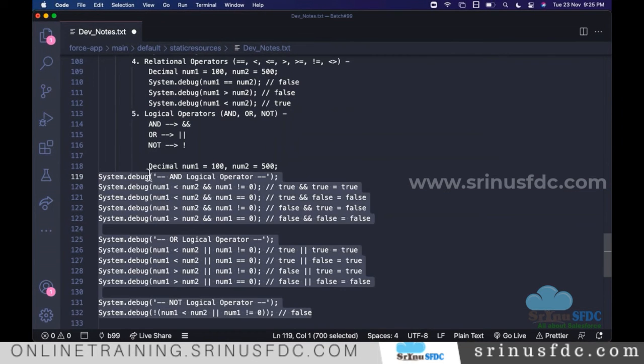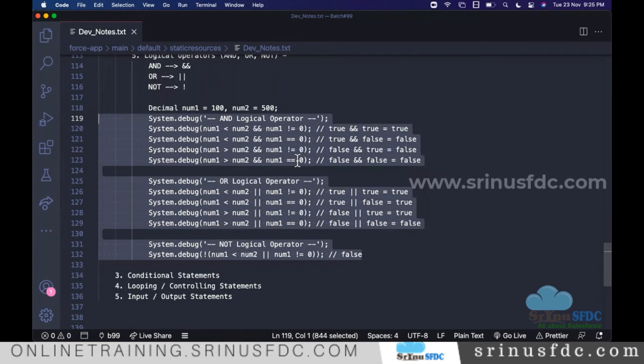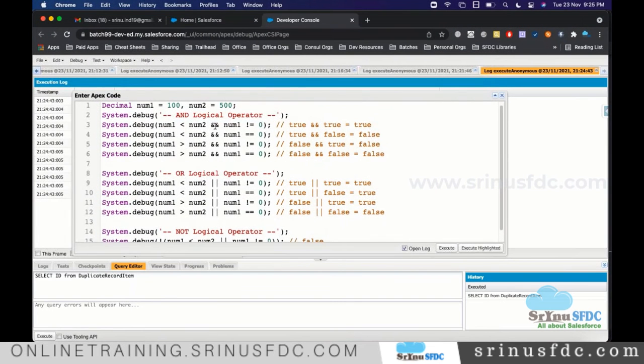Maybe to make it very simple, we are dealing with only two conditions. When you deal with a program requirement, there can be 5 conditions also. We combine them, let's say AND, and also OR, we add one more: number 2 is greater than 500. There can be many more.